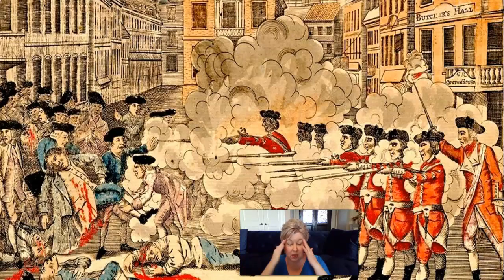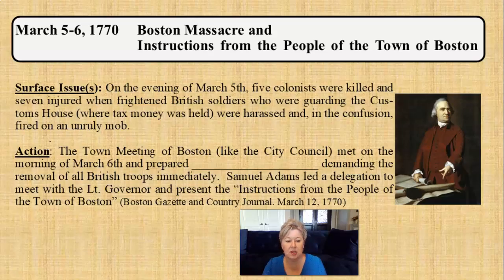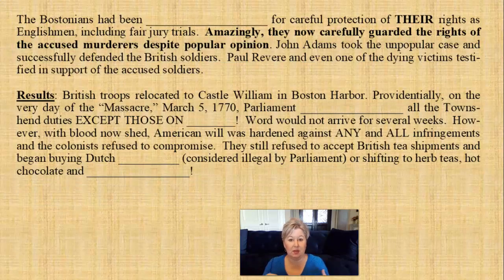So this became the image that was impressed in the minds of colonists across the 13 colonies, that this is what went down. So we see the firing of these soldiers, and he shows us that the commander is actually telling them to fire. In testimony that came later, there was much doubt cast on that, even by Paul Revere himself. So, all right. The Bostonians had been petitioning, after all, right, for careful protection of their rights as Englishmen,